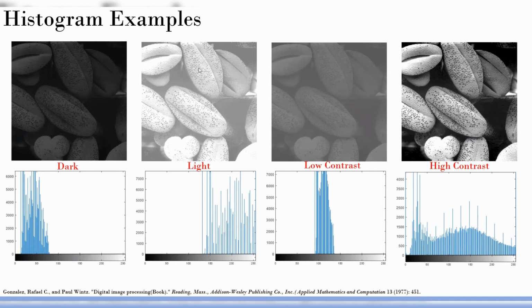So I have the same image, but with different contrast. This image looks dark, and its histogram is something like this. You can predict from the image itself that the histogram will have a shape like this. It will be towards the 0 region because it looks darkish, so it will be closer to 0, and it doesn't look good to the eyes. The problem is the contrast. You have the possibility of taking values from 0 to 255, but this image is restricted to somewhere between 10 and 80. Above 80 is completely not there.